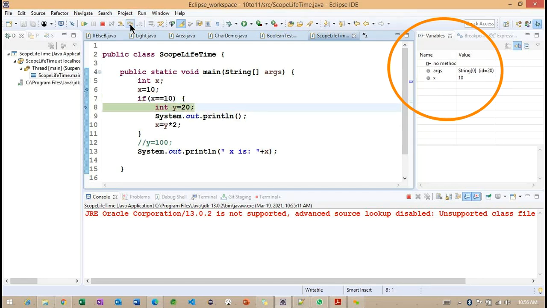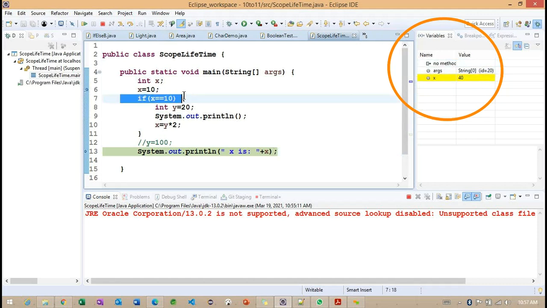So see here, whenever I click on this F6, we are entering into the int variable. As of now, you can check your right side section: we don't have the y variable, but whenever we execute line number 8, you are able to see the y value here. Getting the point. Carefully observe here. After this, we try to change the x value to 40, but again you can observe there is no y value.